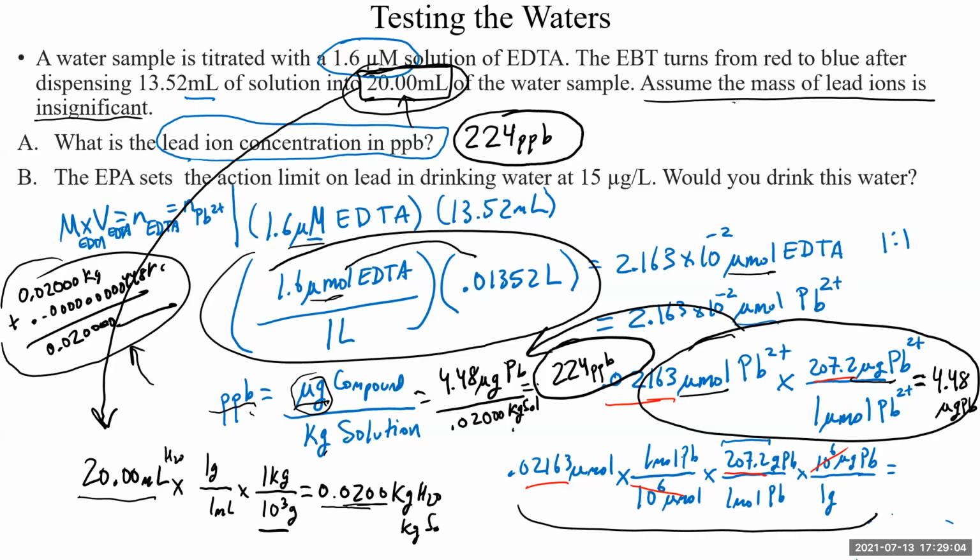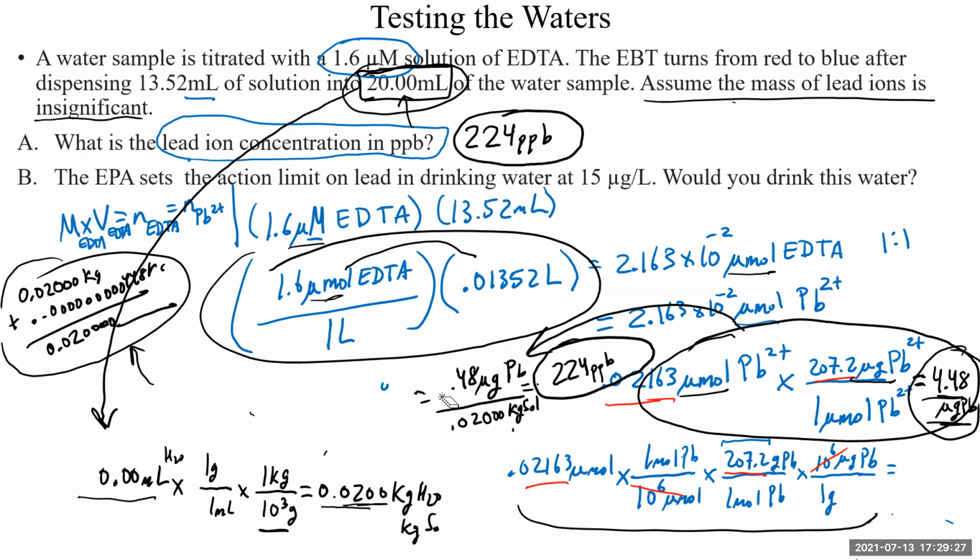Part B actually depends again on exactly the same relationship. We're still going to need our micrograms, so I'm going to keep that 4.48. Everything we did up to calculating the 4.48 is still relevant to part B. The only thing we're going to do differently is not do the part per billion calculation, but instead take our micrograms and